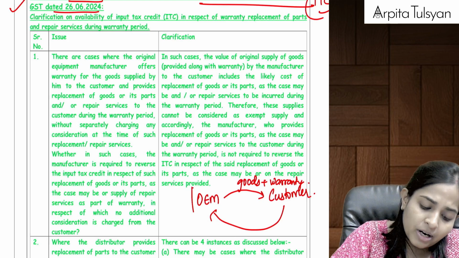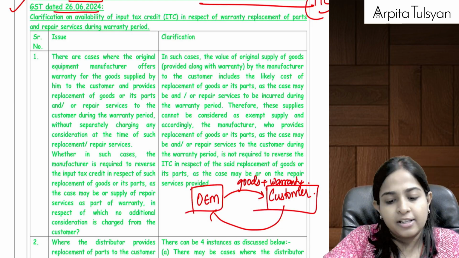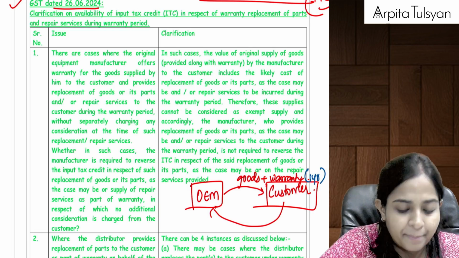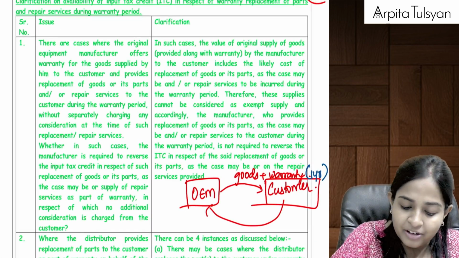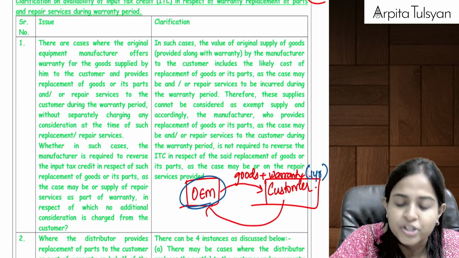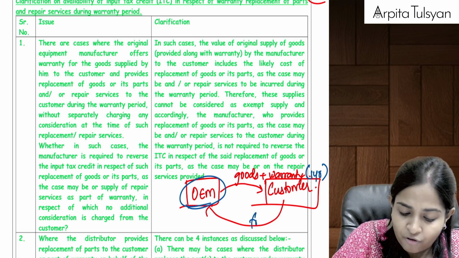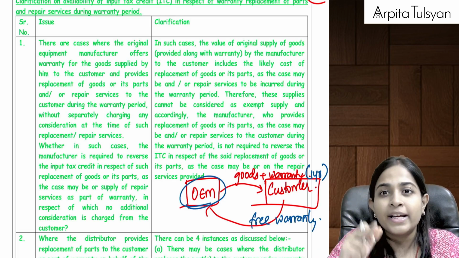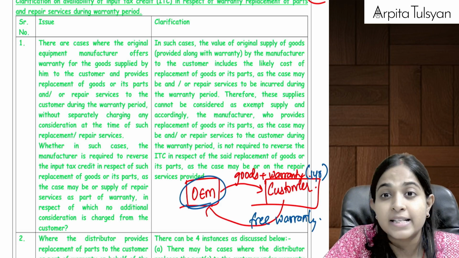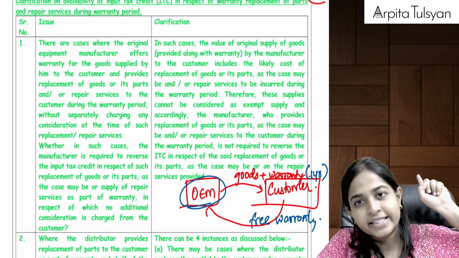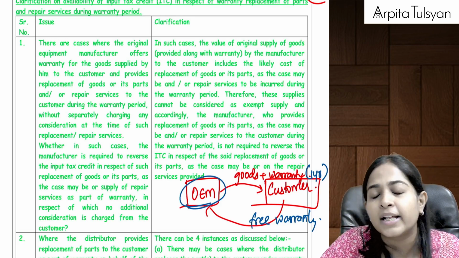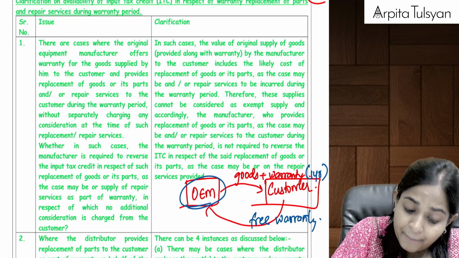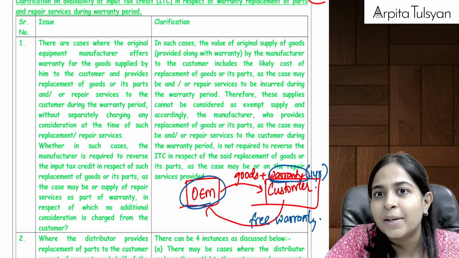Yes. Now, let's say something happens to the goods within a time period of 1 year itself. Then the customer will be able to get the free warranty services from the original equipment manufacturer, like free replacement of goods, etc. Now, for that, the OEM is not charging anything from the customer because he is giving free warranty. If he is not charging, we have already studied in the supply under GST chapter that it is going to be totally free of GST also, that there will be no GST applicable. Why? Because it was written under the contract that the OEM is going to give the free warranty.